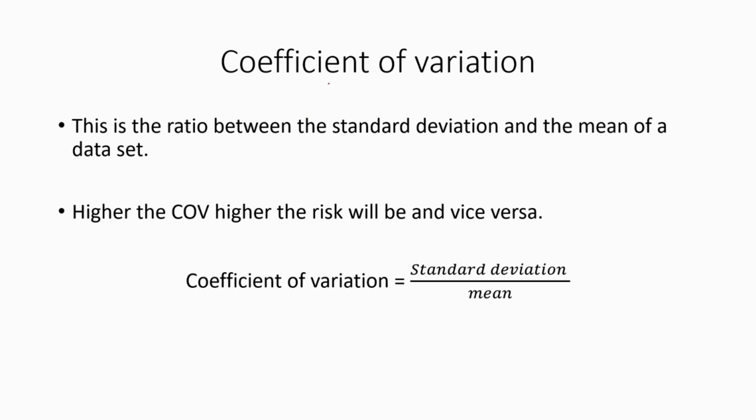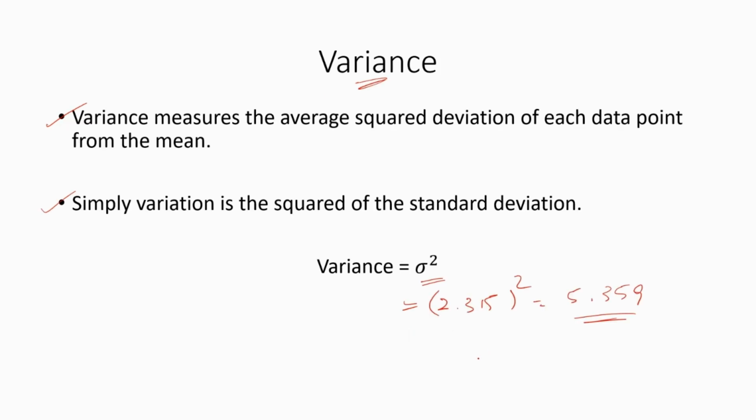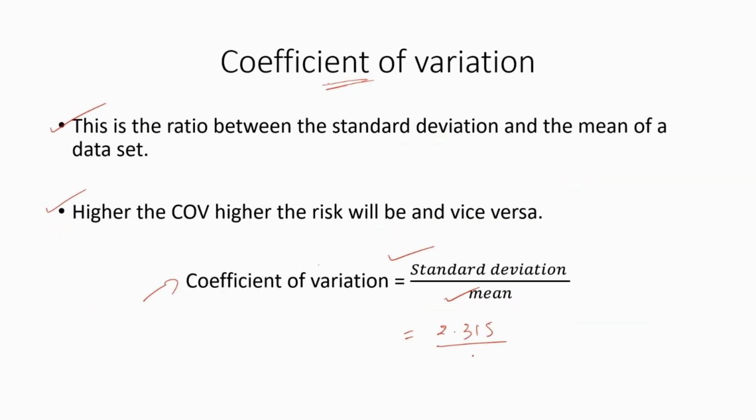Finally, let's discuss the coefficient of variation. This is the ratio between the standard deviation and the mean of a data set. Higher the coefficient of variation, higher the risk will be, and vice versa. Coefficient of variation can be calculated by using this formula: standard deviation divided by the mean. Now let's calculate the coefficient of variation for the previous example. Standard deviation is 2.315 divided by the mean. Mean is 5.8. This is equal to